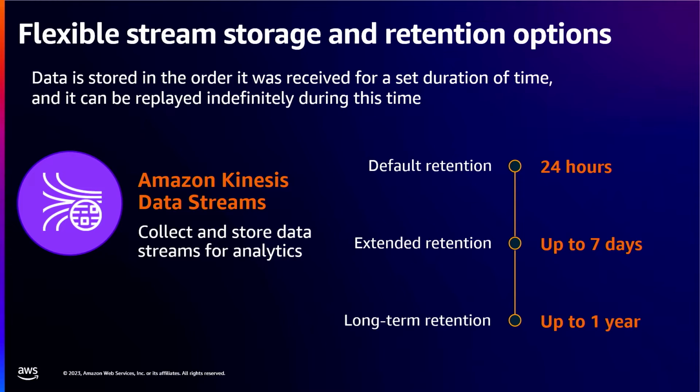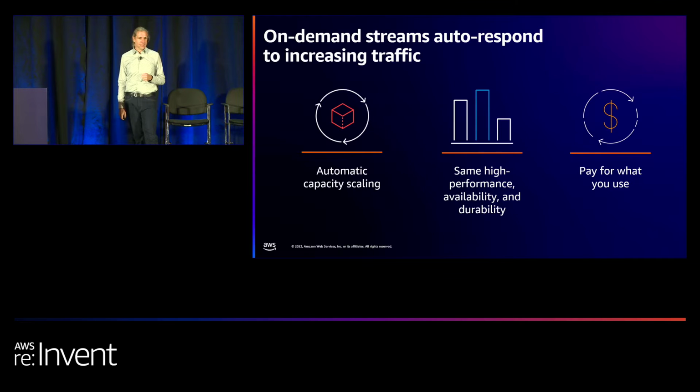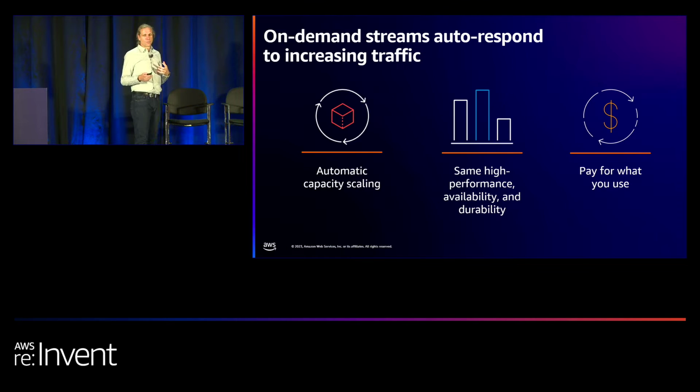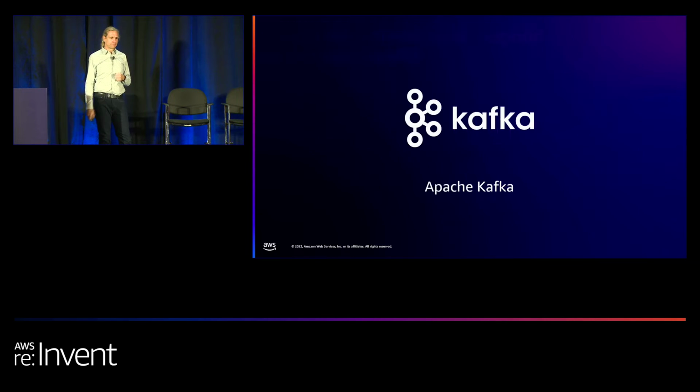So the default retention period for a stream is 24 hours, but many customers need to store data for longer. We see organizations configuring this according to their data replay and retrieval needs, and this can be for up to a whole year. And to further help you with managing your growing data volumes, I mentioned before this on-demand mode that provides hands-free scaling for your data streams. So instead of having to manually adjust the number of shards in a data stream, you can just let Kinesis figure it out by itself. When it detects a potential throughput issue, it's just going to sort it out. This is now the default option when you create a new data stream, and you can easily convert from the existing provisioned data streams, which is another mode that you can use Kinesis in as well.